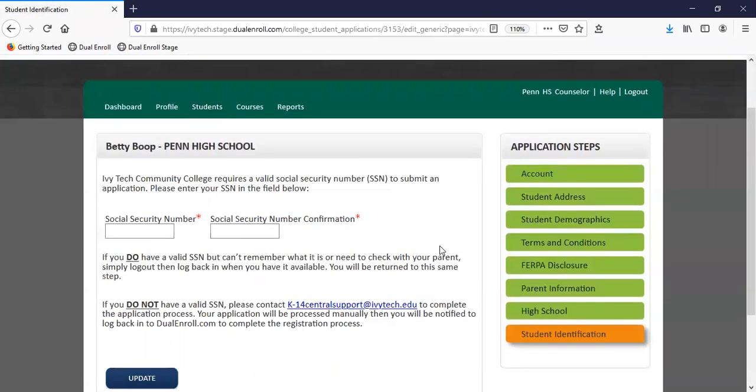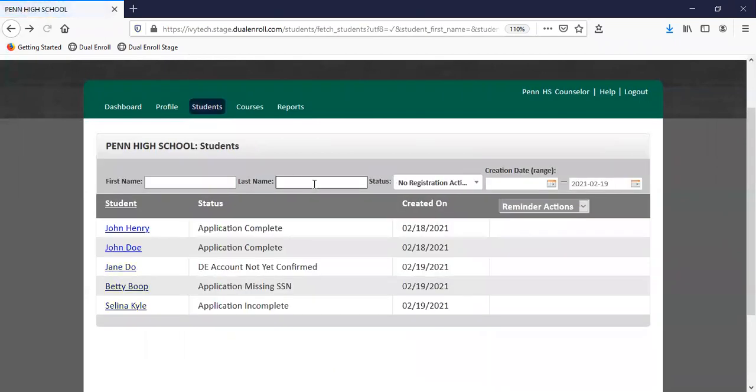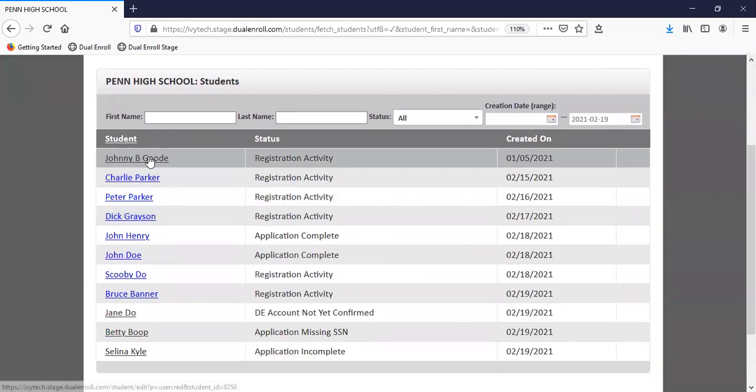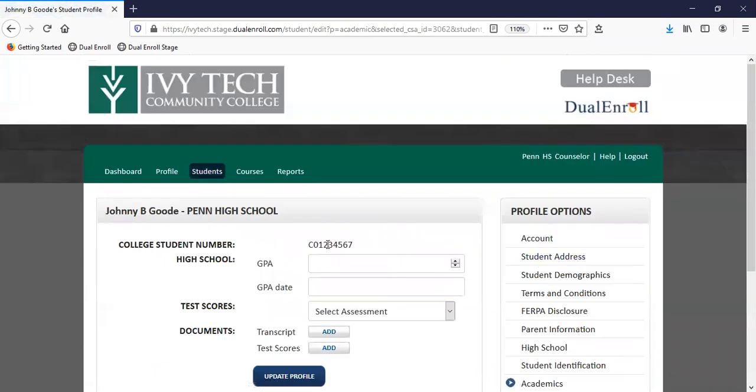One handy feature in DualEnroll.com is you can click through the student profile once they have completed their process and they're all the way through. To find one of these students, if you click on their profile and then you scroll down to the academics tab, you can find their C number listed right here. So that's a helpful feature that allows you to easily look up a student's IV Tech C number once their